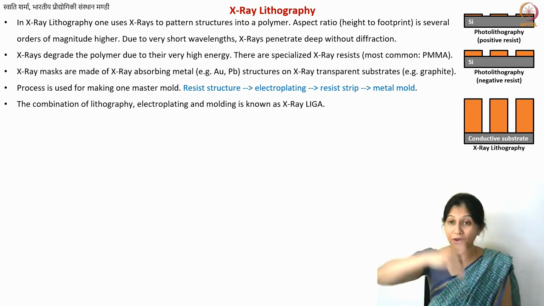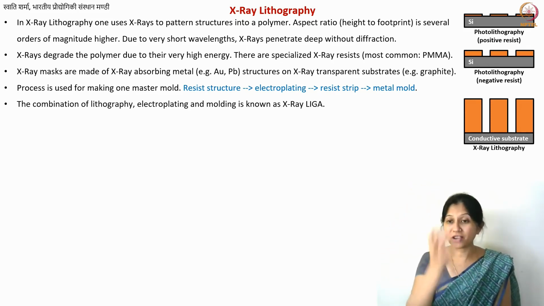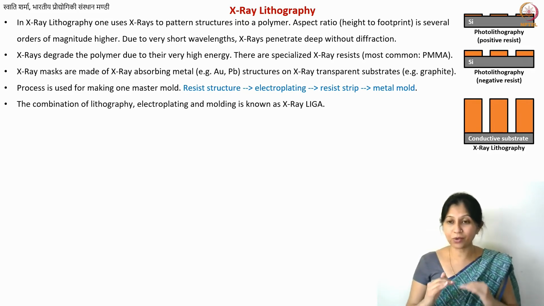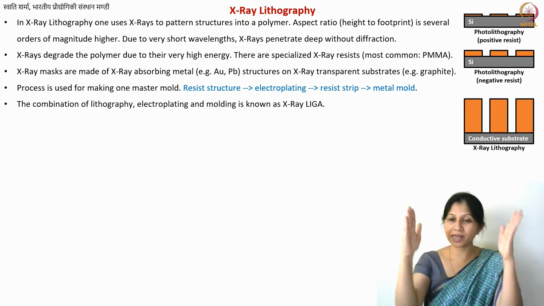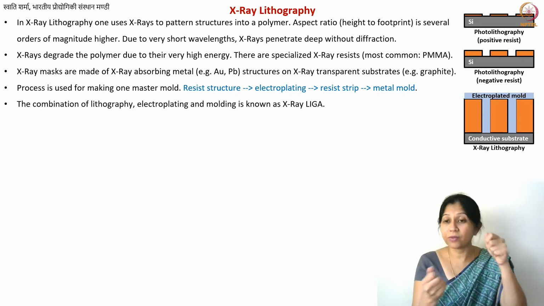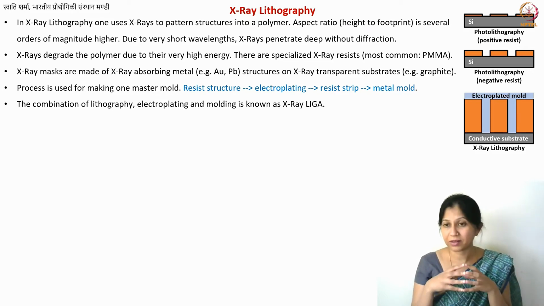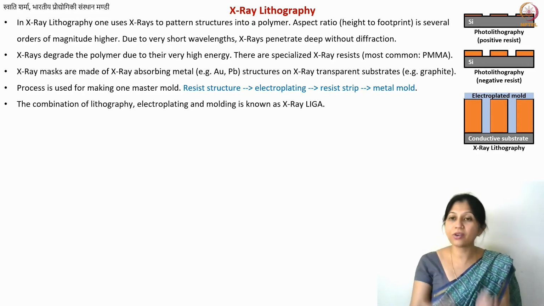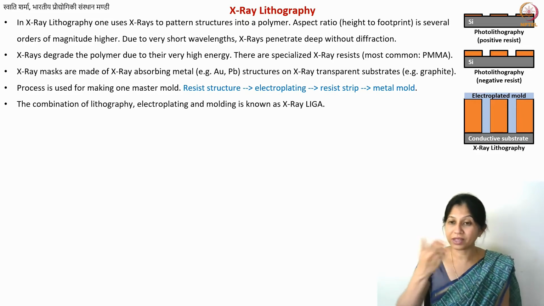Since you have the conductive substrate, it will attract the metal atoms, and you will have this layer of metal deposited atomically. Finally you will get a mold which looks like this, an electroplated metal, nickel for example. Then you remove the resist, and resist removal is not that difficult. You can do it using a developer solution, and even if it is cross-linked, there are certain chemicals which can dissolve the entire polymer. Now you get rid of your polymer, and what you have is a mold, a negative structure of what you prepared before.